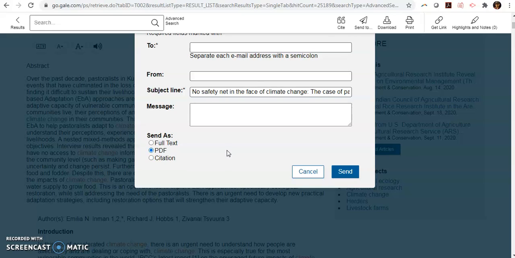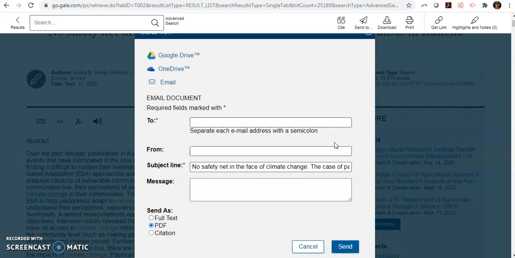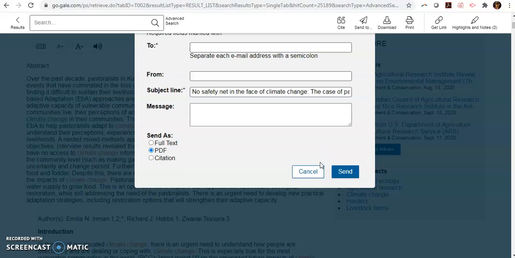A lot of times when you get the email, it will include the citation information for you and the permanent link. But just to be on the safe side, a lot of times what I'll go ahead and recommend doing is getting your citation information, copying that, and then pasting it into the message just to guarantee that you do get that citation information. But as I said, you should get it with the email. So that's why I always recommend emailing it, because usually it's going to give you all of that information,